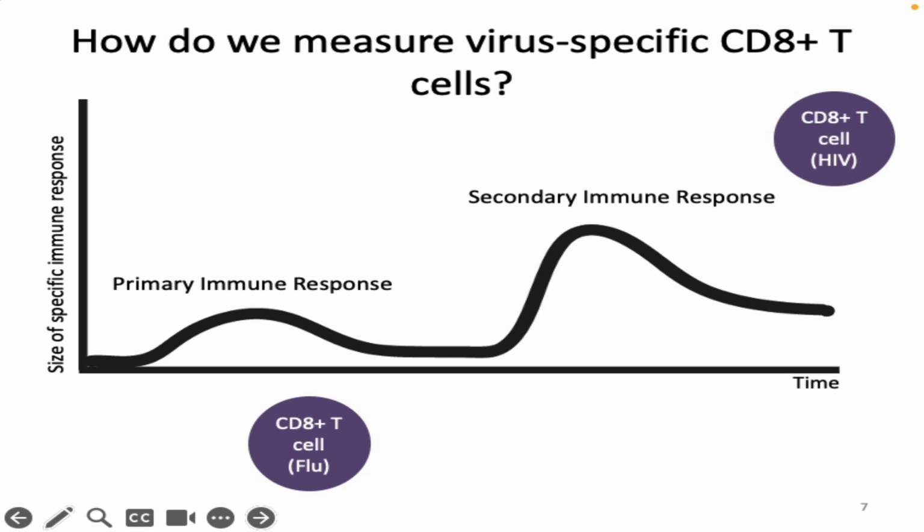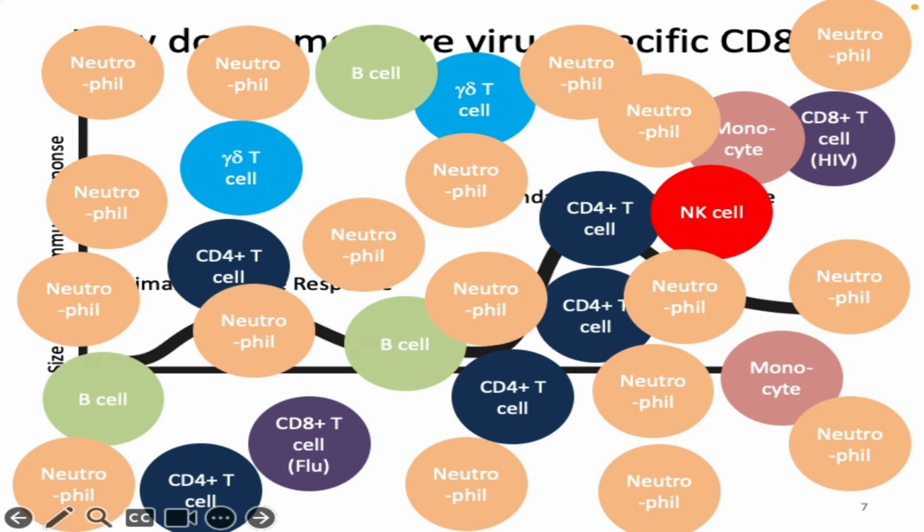And not only did I have to have the ability to do that, even if I did as Jonah said, which I did, and got rid of all the red blood cells, I actually had to be able to pick out that CD8 T cell that responds to HIV from all of the other white blood cells in my mouse blood. And